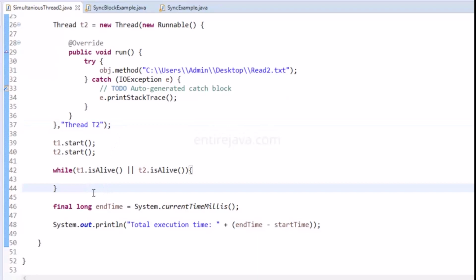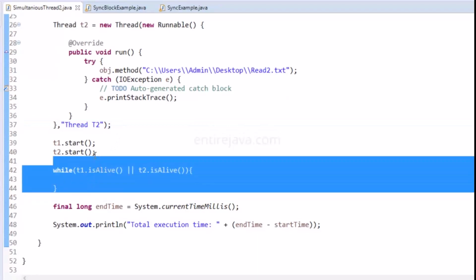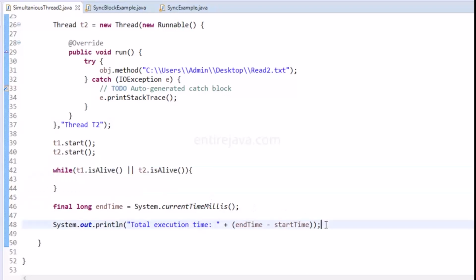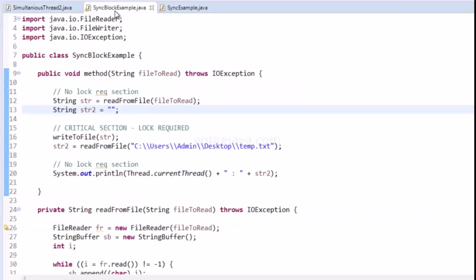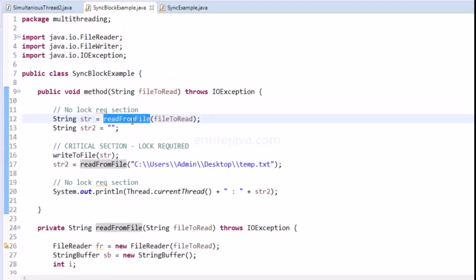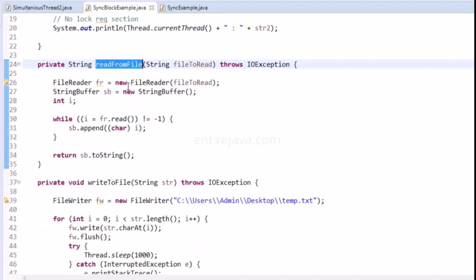And I'm trying to wait for these threads to finish in our main thread just to be able to calculate the total time. In here, in the method, I'm just reading the data inside whatever the file path I send as an argument. If you go inside the read from file, it's just going to have the file reader and read the data from the file, and ultimately this method is going to return the string,